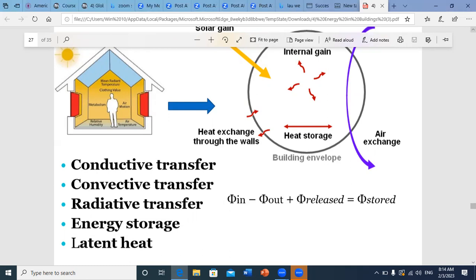So here we'll discuss in brief the different modes of heat transfer: conduction, convection, radiation. What is energy storage? Sometimes inside your home, you can put material of high capacity that can store energy during the day, where you have excess of heat, and release it during the night, where you need it to heat your space. So for example, energy storage will be very efficient to use in Bekaa region in Lebanon,